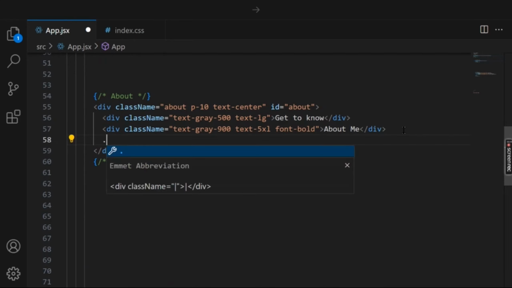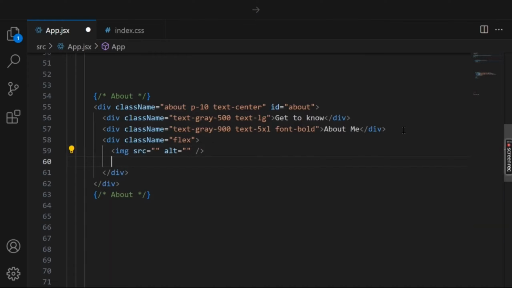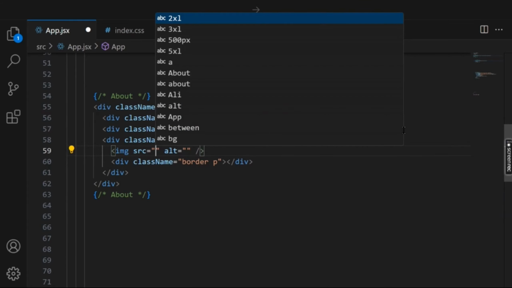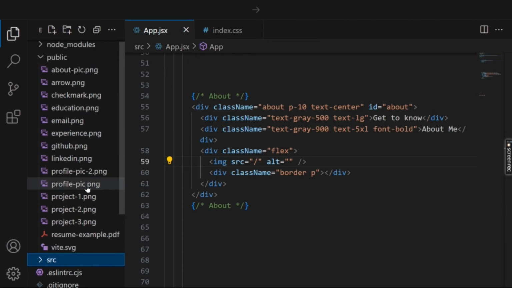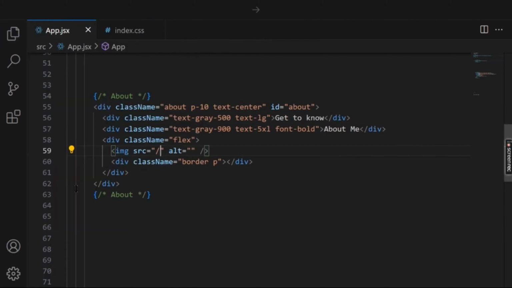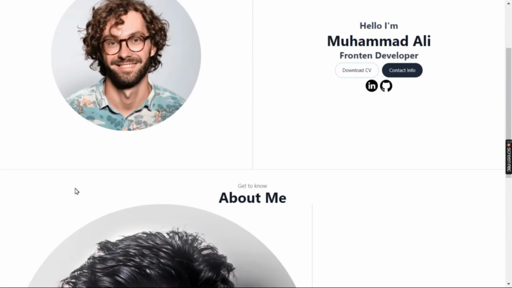we will be having a container which will be having a class name of grid, and grid, I think grid doesn't work, we will need flex instead. And now we need an image. So below this image we will be having a div, and div will be having a class name of border. And now we have to know the image name, which is the profile pic 2, and just put png after that. Oh boy, it is too